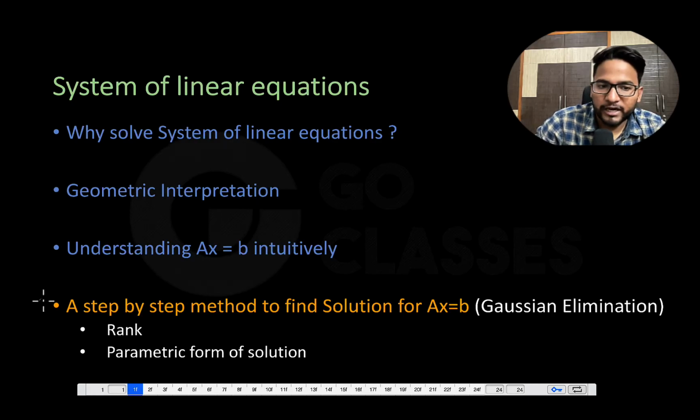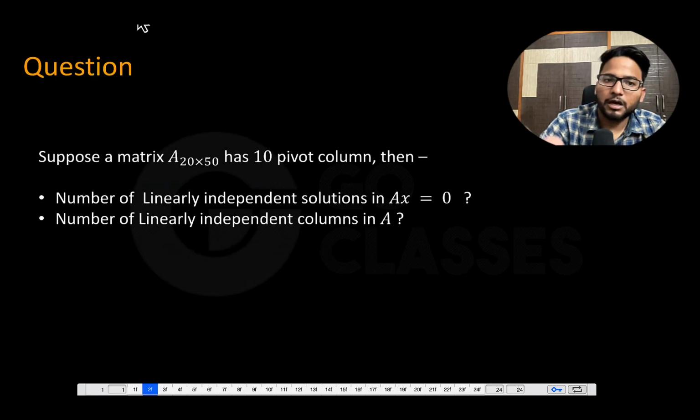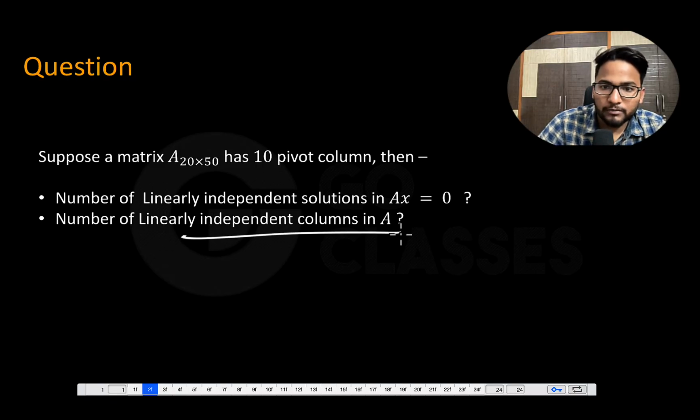So currently we are at this step, which means we are talking about the step-by-step method to find the solution of Ax equal to B. Now let's solve this question. They are saying, suppose a matrix A having dimension 20 into 50 has 10 pivot columns, right? Then in that case, how many linearly independent columns are in A, and how many linearly independent solutions are in Ax